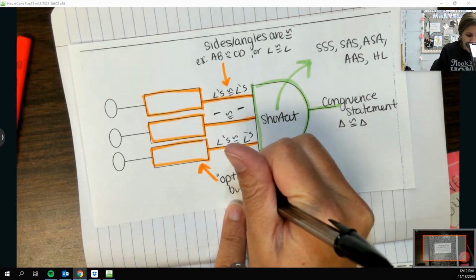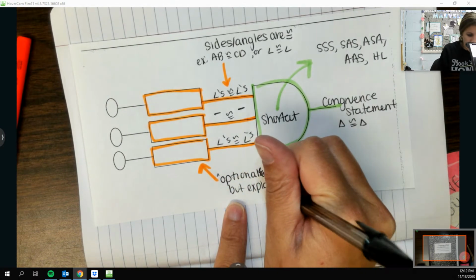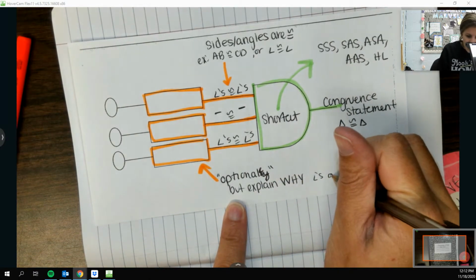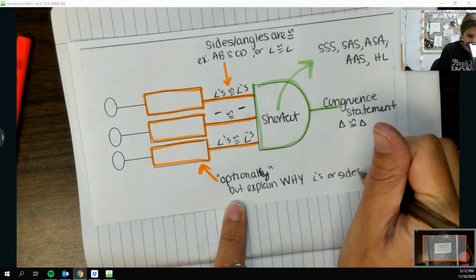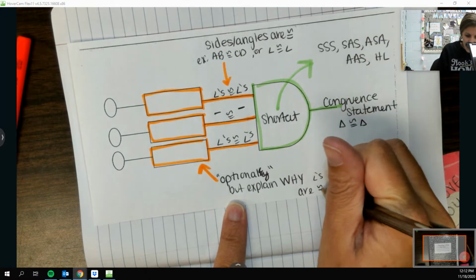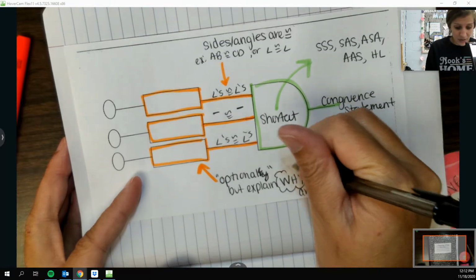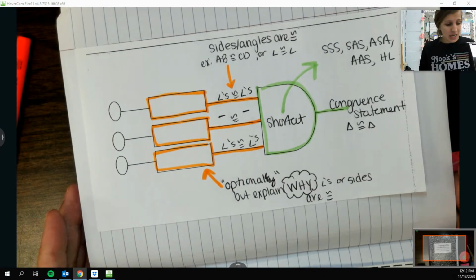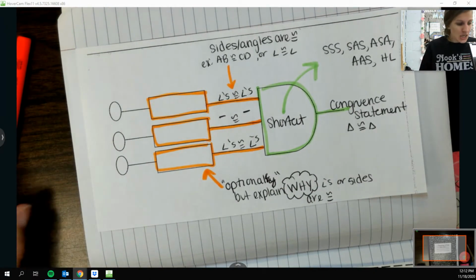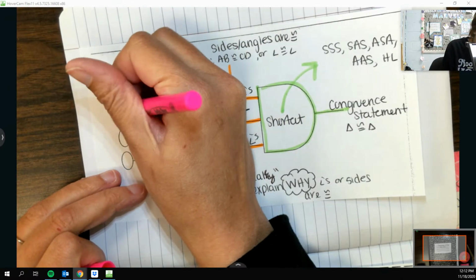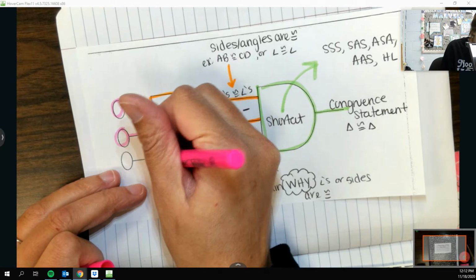But explain why angles or sides are congruent. And again, we're going to go over the why stuff might be congruent in our hints on the next few pages. Now, last but not least, back here, you won't put anything on the lines in this last